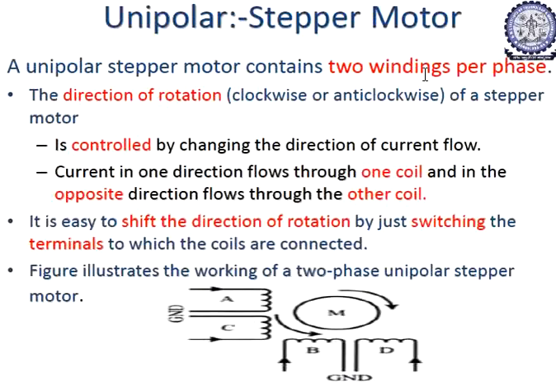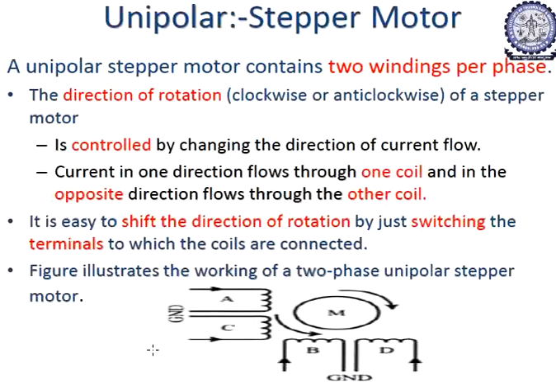Okay, so according to that, unipolar and bipolar will be there. What is meant by unipolar is nothing but, see here there are 4 windings, but this is one winding, completely one winding. In between A and C, which is connected to the ground, and B and D, one edge of that is connected to the ground. Here how many connection wires are required? This is one connection wire of A, another wire of A, C, B, D, and this is the fifth connection. So 5 wires are required here to communicate.